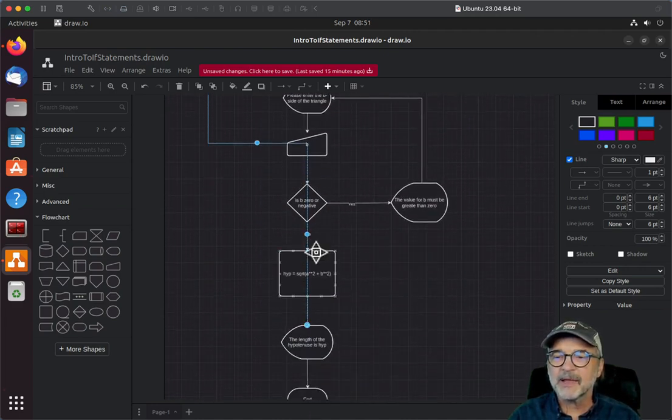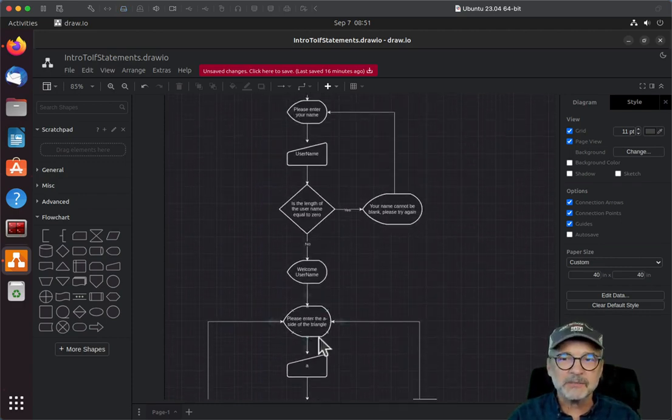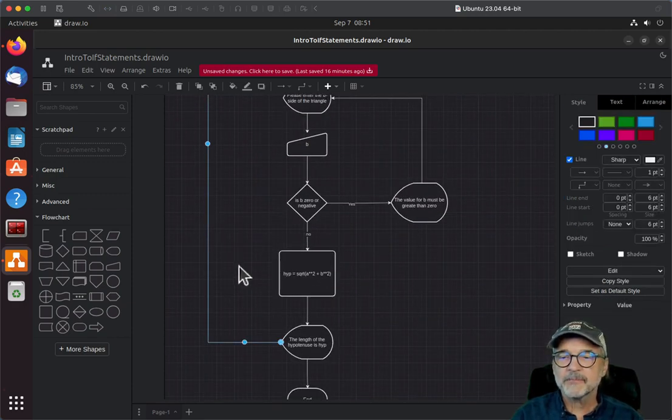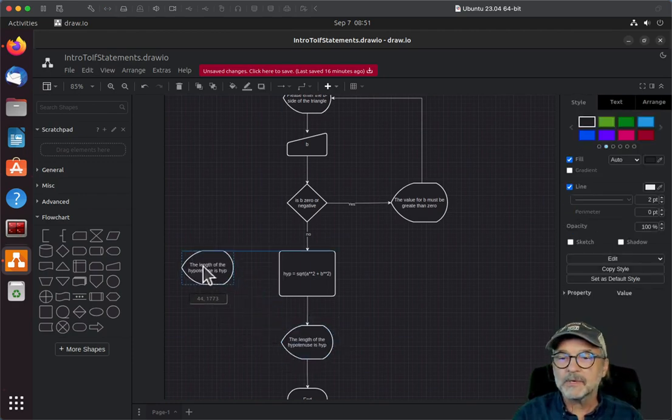And again, I'm not crazy about the way that draw.io does this. The problem is that now we have what we call an infinite loop. This is always going to go up to here. So how is the program ever going to end? Well, you might want to do something like, let me delete this. You might want to say something like,